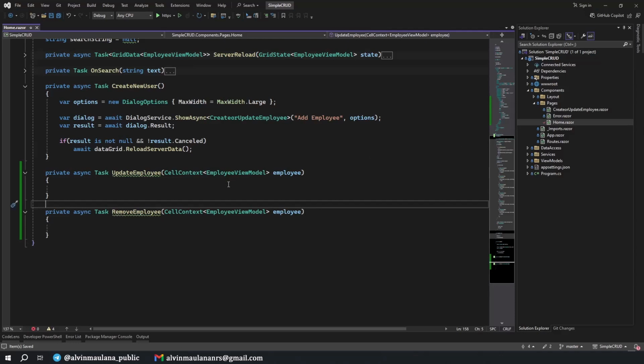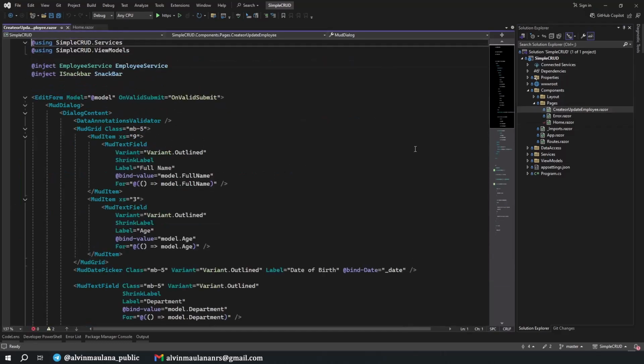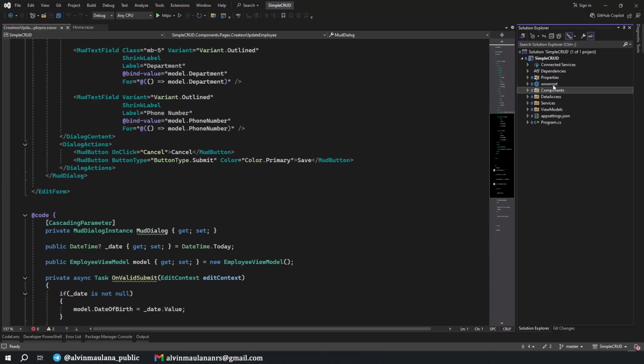Okay, first we are going to use the same Razor component for our update. So better we update this one first, because it's only available for insert. We did not define it as also able to update. So let's have an enumerator.